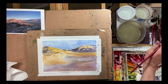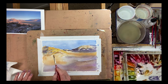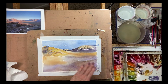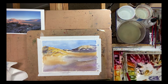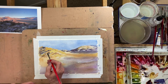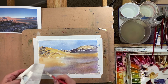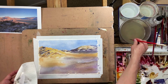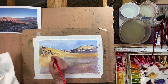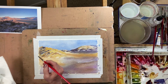All right, so at this point I'm gonna say let's let this kind of sit and percolate. So I love coffee. And then come back to it and see about adding these foreground shadows. So I want to show you what I'm doing real quick while this is still drying. Is I wanted to lift a little bit of the highlight out here. And the way I'm doing that is with this stiff bristle Winsor & Newton brush. And it's more made for acrylics and oils, but I find that it's really helpful if I want to lift out